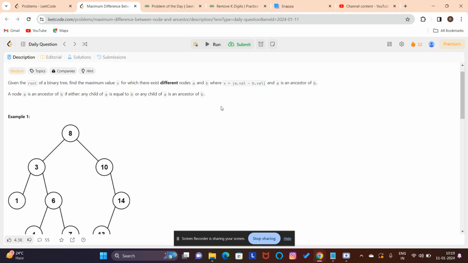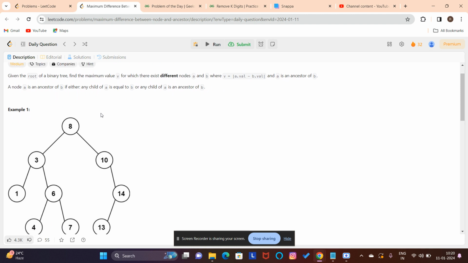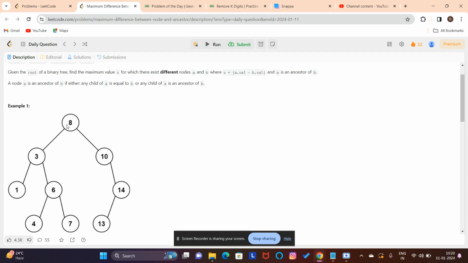Let us examine this condition and what it means. So what is an ancestor here? If we consider 8 as a, and its children 3 and 10 are equal to b, then a is an ancestor of b. So this ancestor is 8, and the node's children are